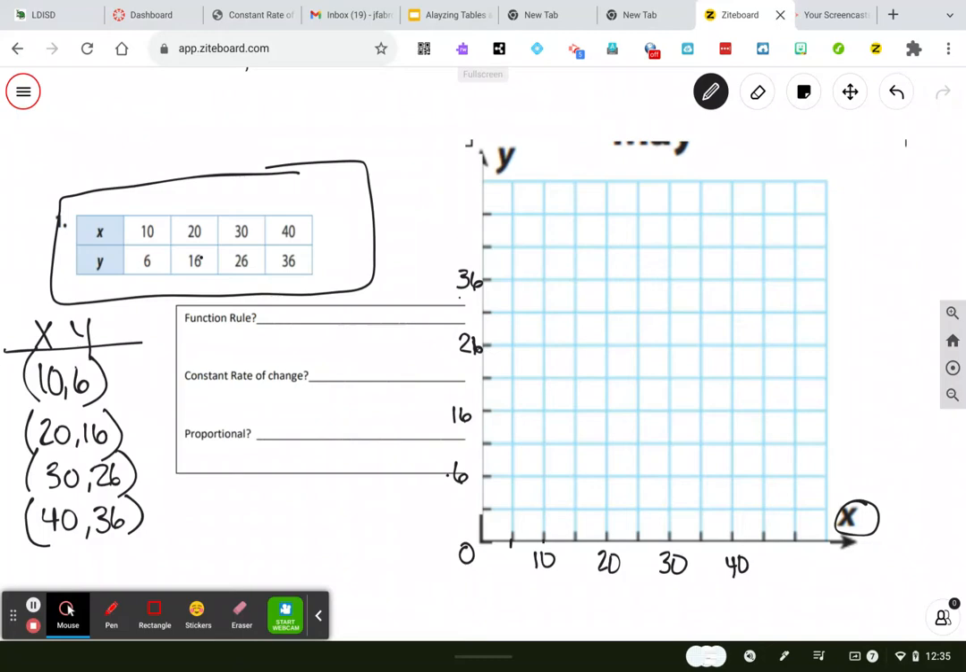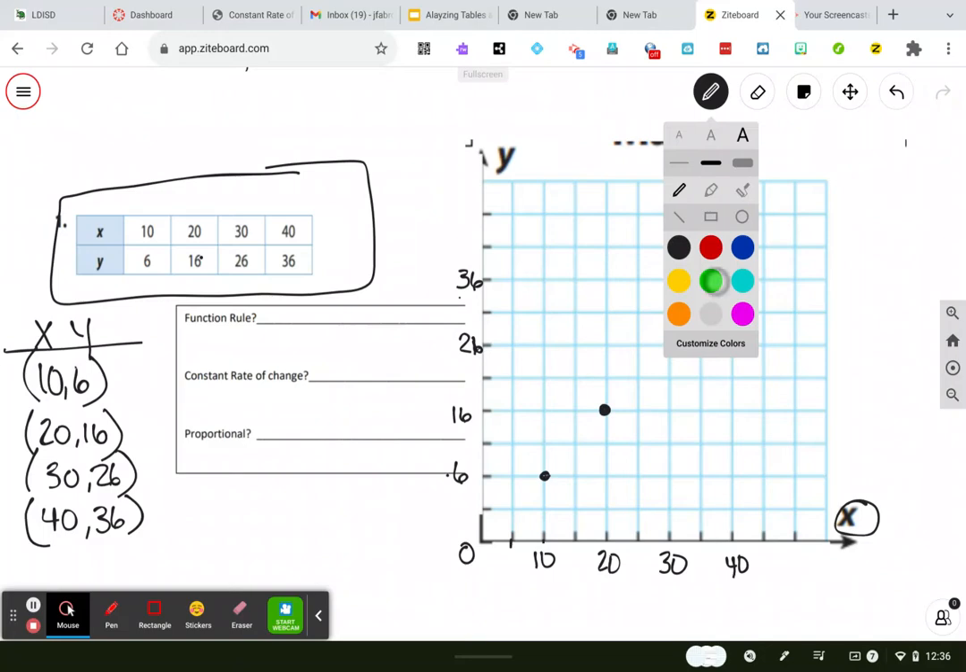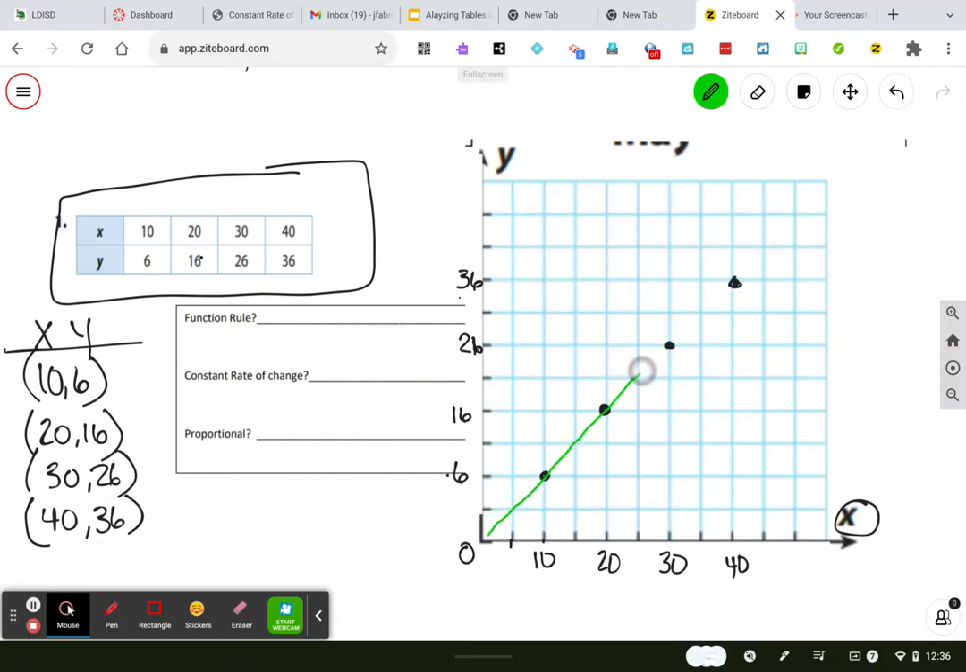So let's plot that. 10, 6, 20, 16, 30, 26, 40, 36. And as you can see, I could connect those and I get a straight line. So I have graphed this line. Now, what do we do with that? What we're trying to find is, what is the constant rate of change? What is happening constantly? So the way that we figure that out is we take what's called the change in y over the change in x. So what that tells you to do